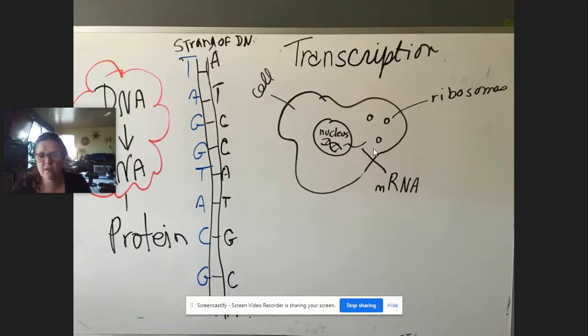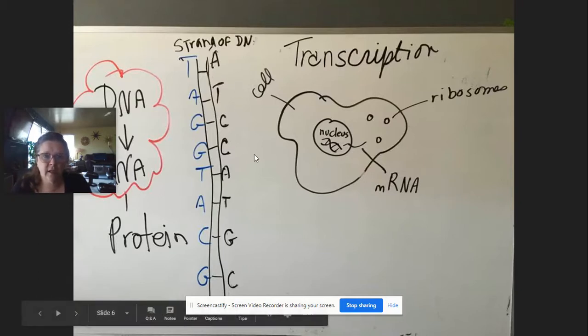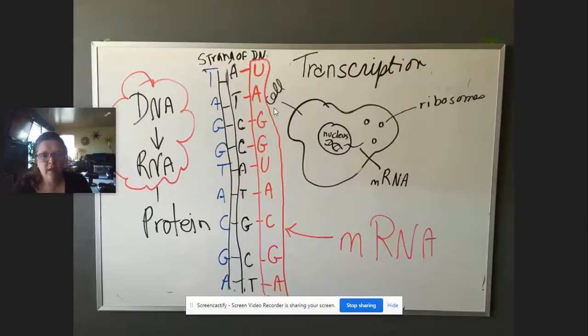So the ribosomes have a little machinery that reads the mRNA and can produce an amino acid from that information that it gets. So this is still the same strand of DNA I'm working with here, except now I am going to transcribe this side of the ladder